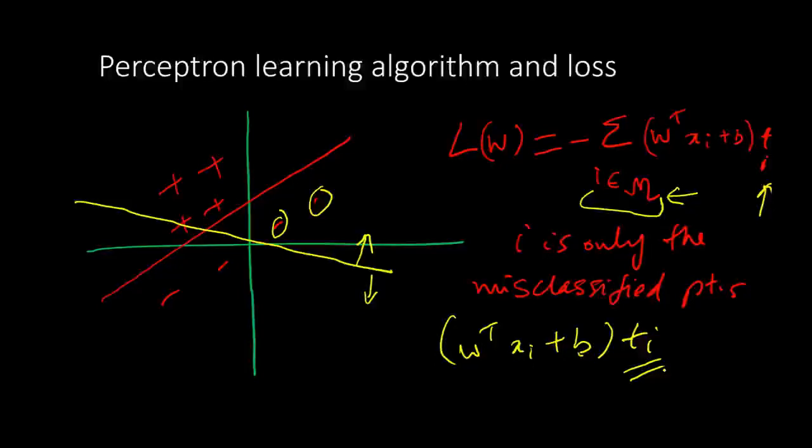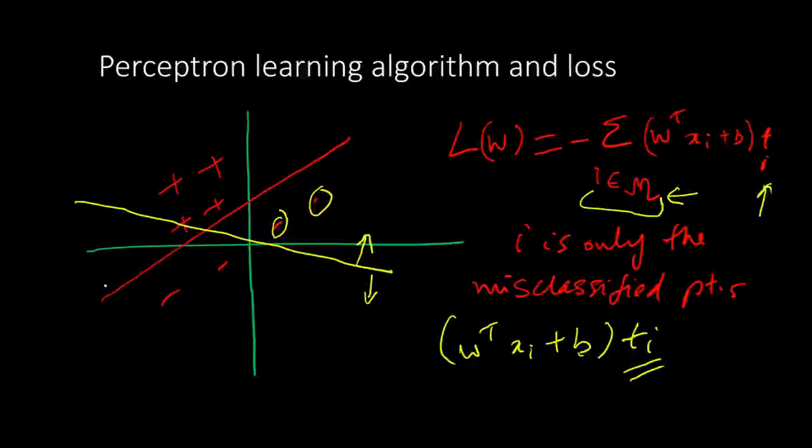Okay. So for this, now you can see that if M is empty, if there are no misclassified points, then the loss is going to be 0. For any misclassified point, the term inside the summation is going to be negative, and because of the negative sign outside the summation, the whole contribution will be positive. So that means you will have a high loss. So for misclassified points, you have a positive high loss. For correctly classified points, you have a 0 loss. And based on that, achieving a 0 loss is a good idea to classify all the points correctly.